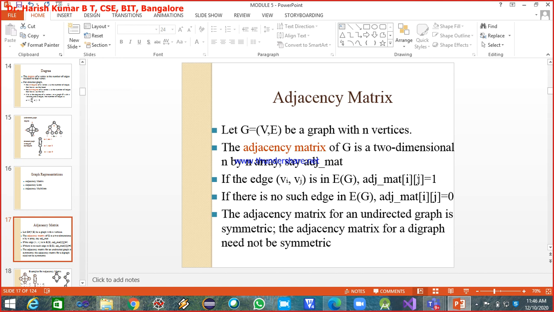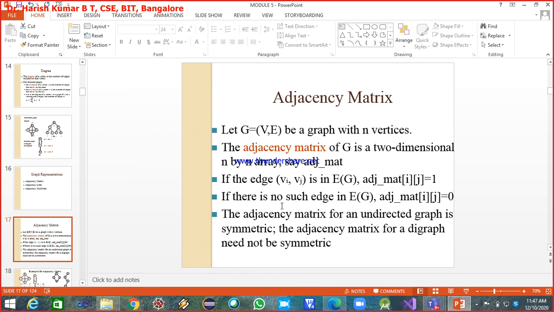The corresponding row and column value will be set to 1, and this 1 indicates there exists a path from vertex Vi to vertex Vj. This is how we can represent an edge inside a 2D array, or two-dimensional array, of the order n by n.